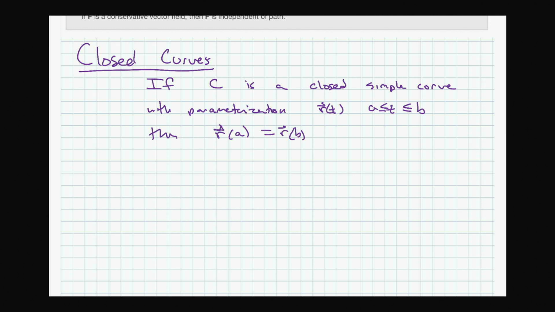So, closed simple curve with parameterization R of t with A less than t less than B, then R of A equals R of B, right? So the line integral of a conservative F with potential function little f